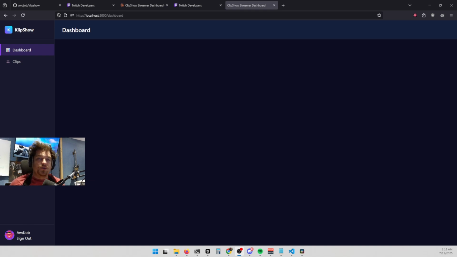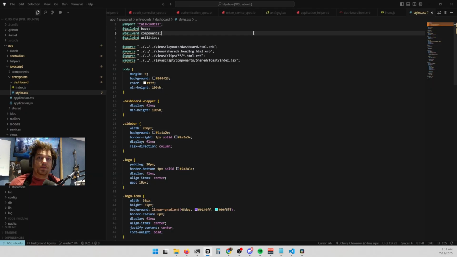Now let's move on to actually building out the functionality of the clips area of the dashboard. And we'll start with adding the clips views to our dashboard styles page here, which is where Tailwind is getting set up. And we'll do this so that anything in the clips directory here will get picked up by Tailwind via Vite watching it,